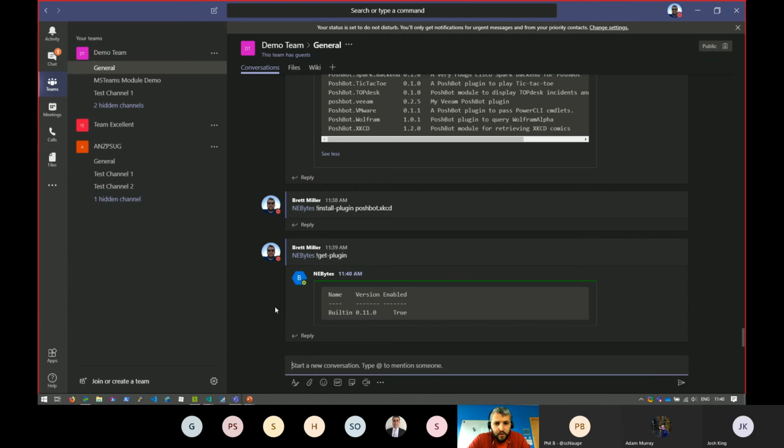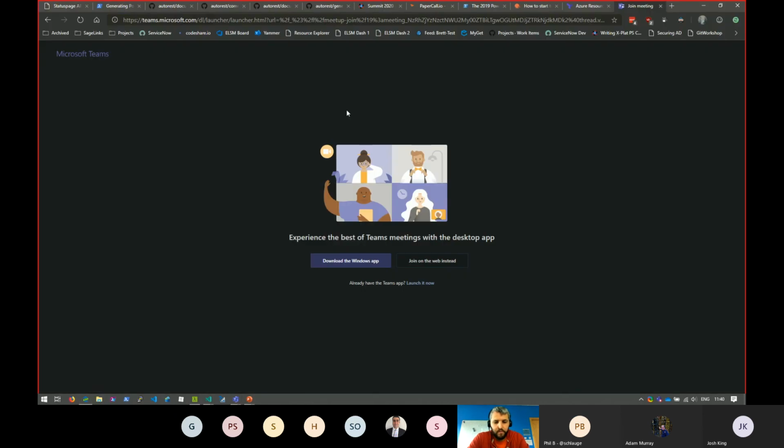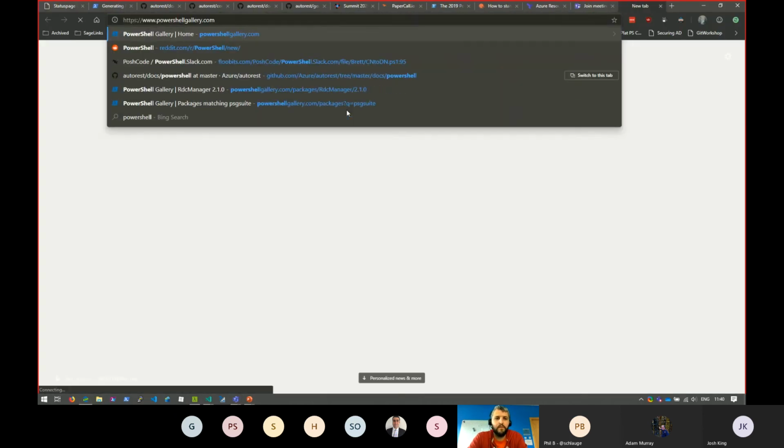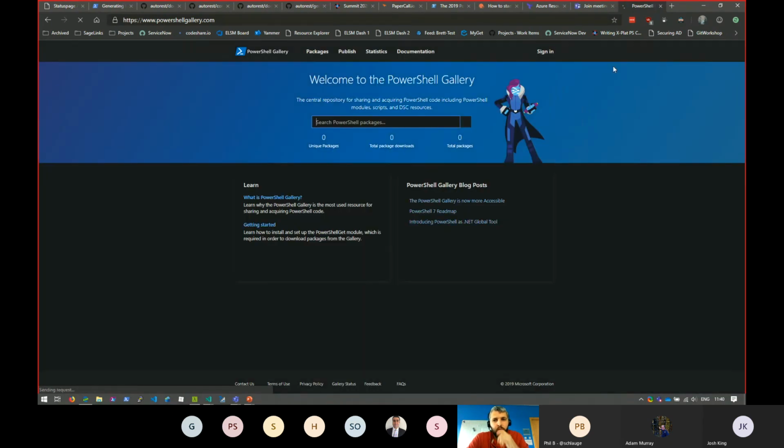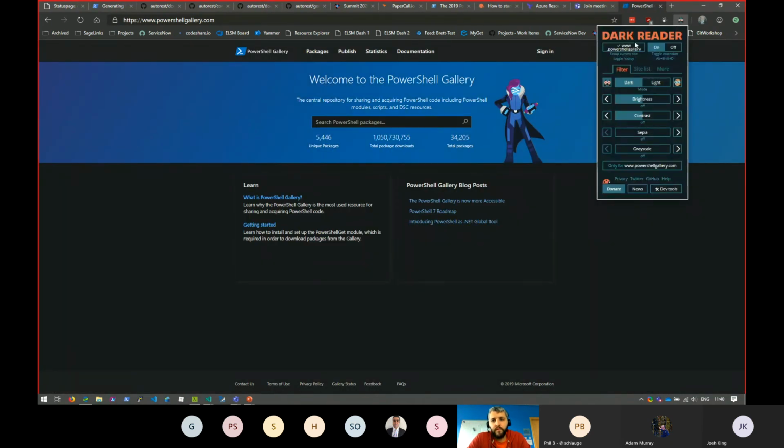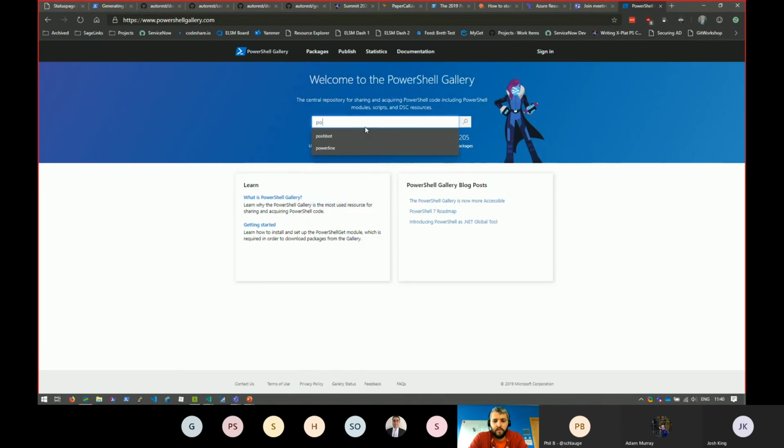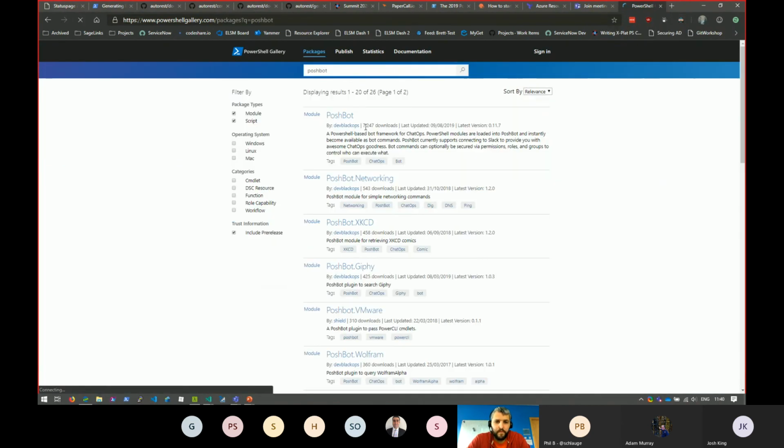Yeah, so each of these commands, if you go to the PowerShell Gallery, let's turn Dog Reader off. Poshbot xkcd.